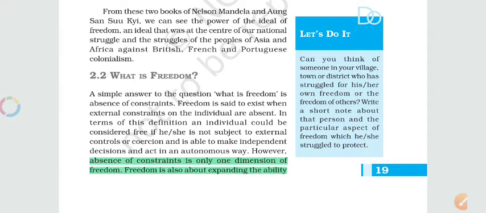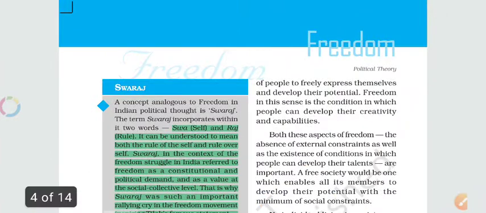हम डिस्कस करेंगे कि व्हाट इज़ फ्रीडम। दैट एब्सेंस ऑफ कॉन्स्ट्रेंट इज़ ओनली वन डायमेंशन ऑफ फ्रीडम। कॉन्स्ट्रेंट मीन्स एक तरीके की बंदिशें, यानी एक तरीके का रोक। अगर हम कहते हैं कि सिर्फ सोशल कॉन्स्ट्रेंट्स, यानी सोशल बंदिशें कि ये चीज़ नहीं करनी है, वो चीज़ नहीं करनी, तो ये सिर्फ एक एस्पेक्ट है। फ्रीडम को हम सिर्फ इससे एलेबरेट या इलस्ट्रेट नहीं कर सकते। फ्रीडम इज़ ऑल्सो अबाउट एक्सपैंडिंग द एबिलिटी।